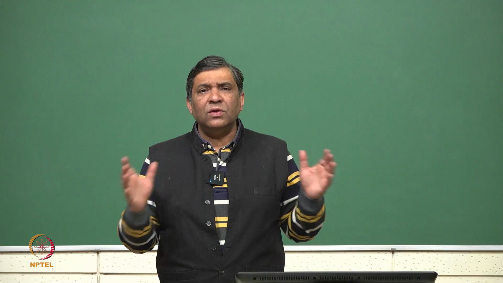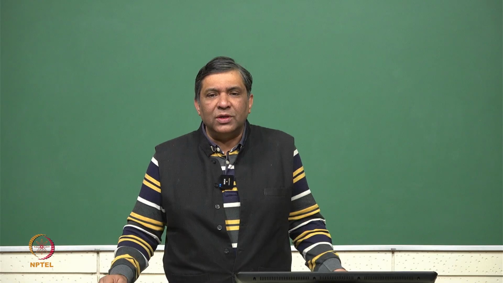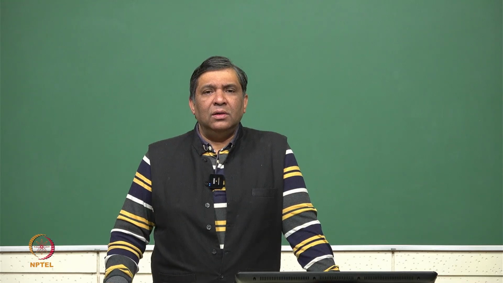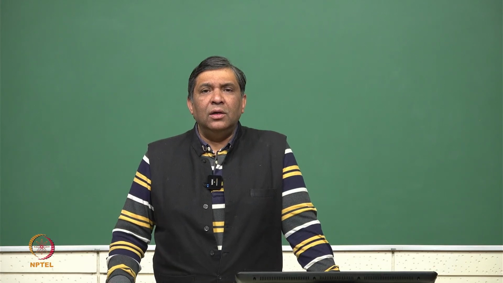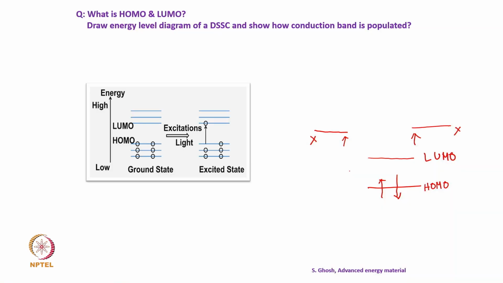Okay. So, it is similar to what we know about the valence band and conduction band of a semiconductor, which we discussed in topic 1, and the band gap, which is the difference of energy between the conduction band minima and valence band maxima. So, here also we have a gap. This is a typical configuration of HOMO and LUMO in ground state. You can see in HOMO all the states are filled up with electrons, okay, and in the LUMO all the states